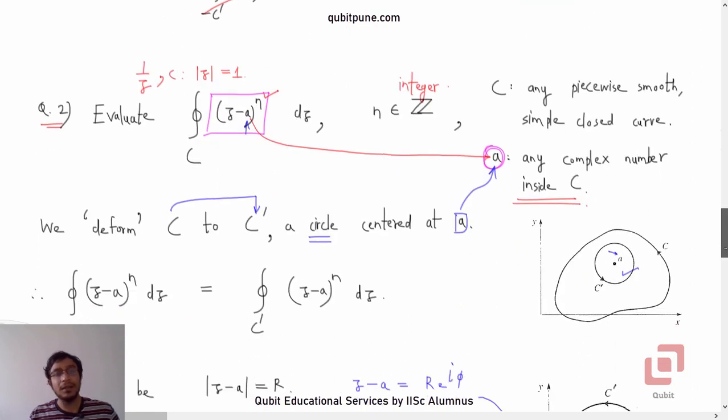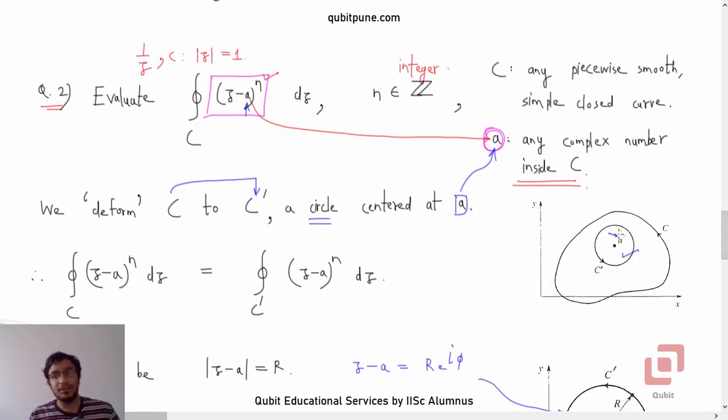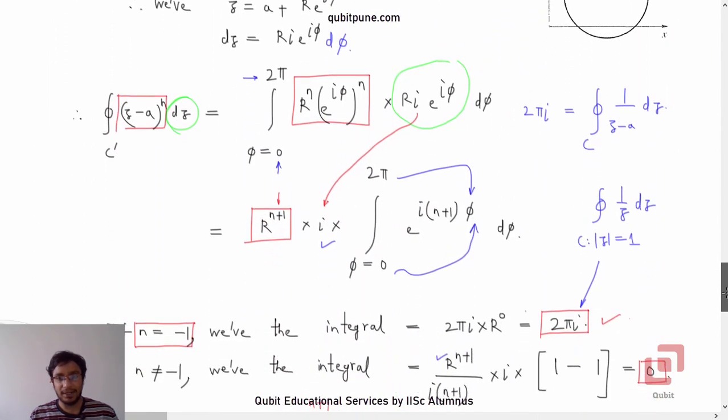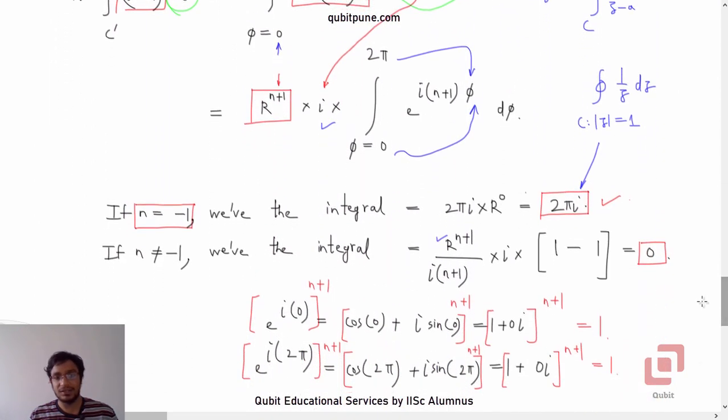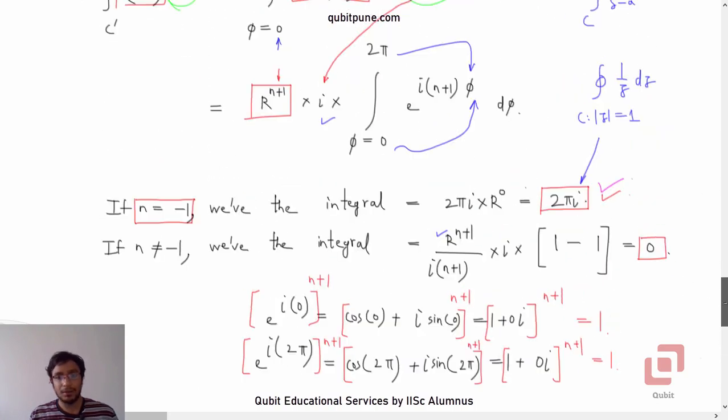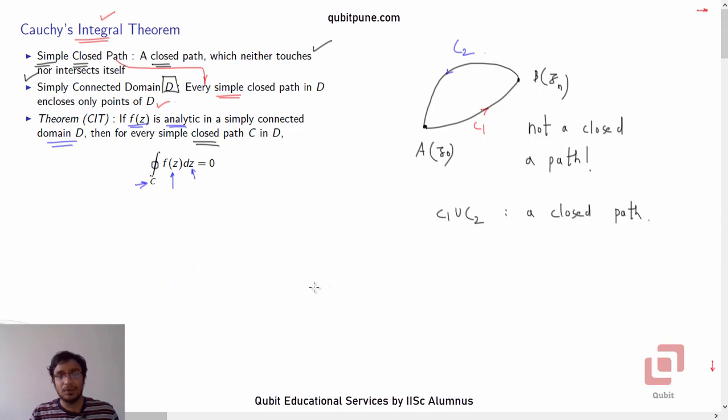Using the deformation, if we have a curve C that is not a circle centered at A, we deform our curve C to such a circular curve, call it C prime, and we know that our integral along C and along C prime is going to be the same. We eventually had to consider two different cases: n not equal to -1, integral 0; n equal to -1, integral 2 pi i. So this is all about Cauchy's integral